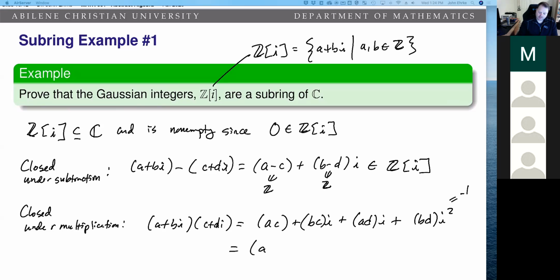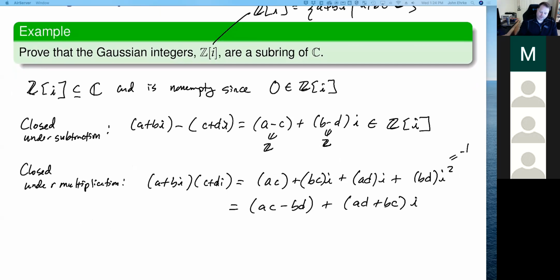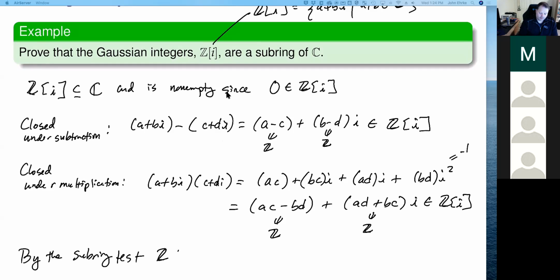So you get ac minus bd plus (ad plus bc)i. This is an integer. This is an integer. So as a whole, this is an element of the Gaussian integers. So it's closed under multiplication. It's closed under subtraction. It's non-empty. So by the subring test, this is a subring